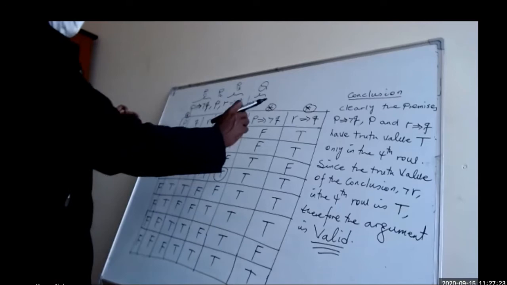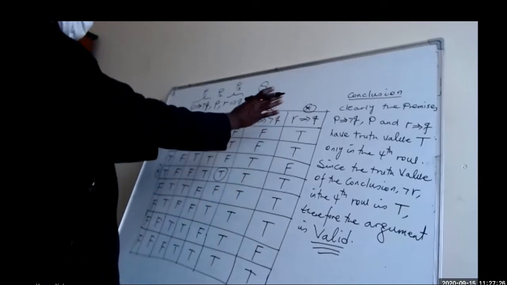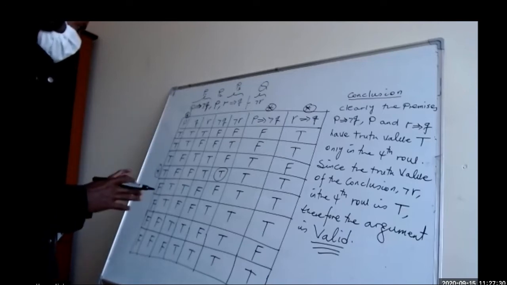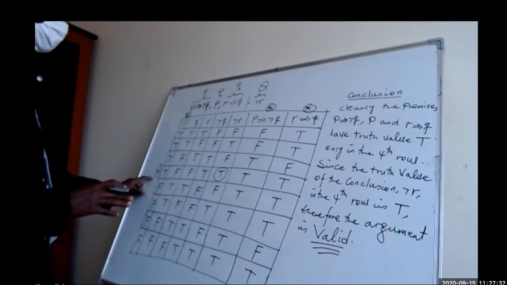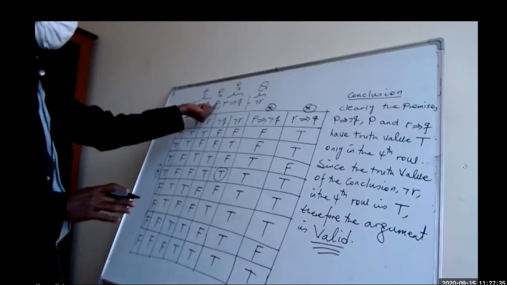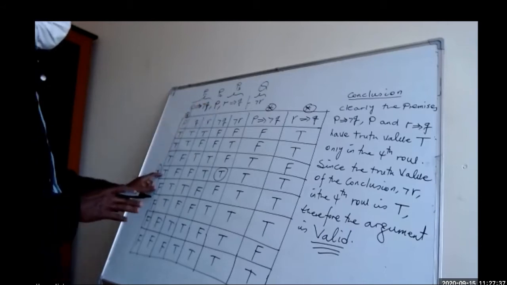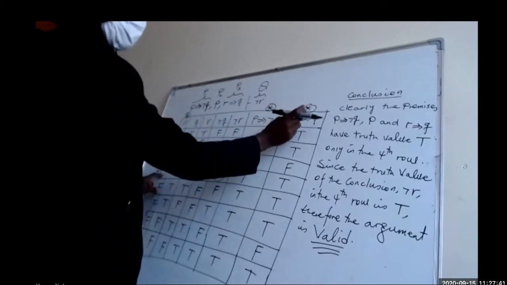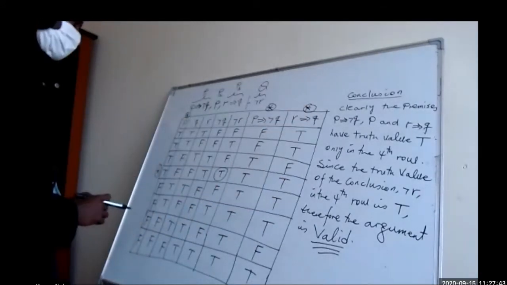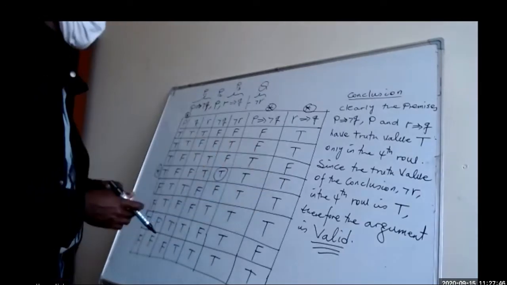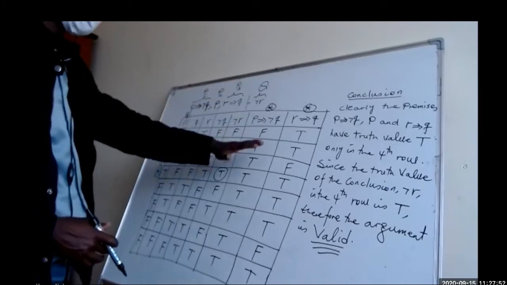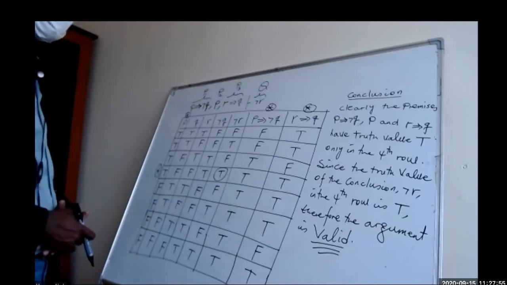So the 3 columns, the starred columns, have truth value true only in the fourth row. You can see this premise P has truth value true, the second premise truth value true, and the third premise truth value true. So we have got the fourth row in which